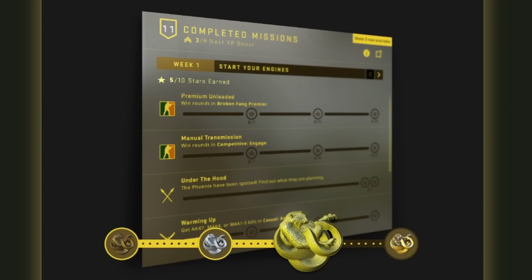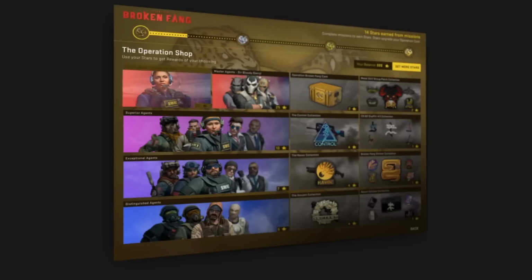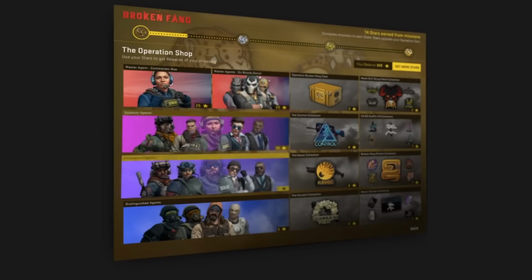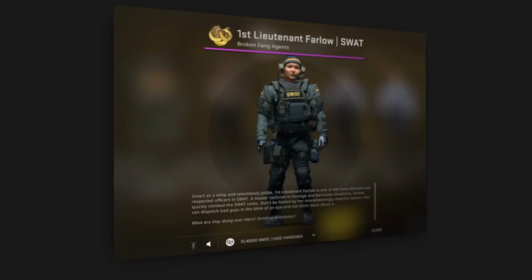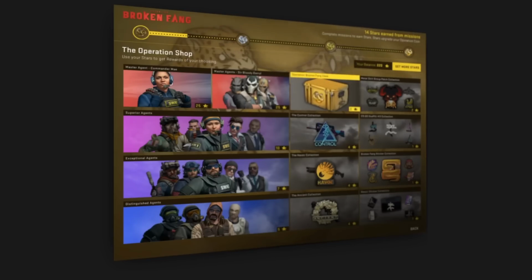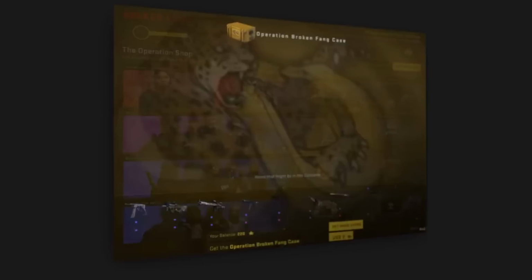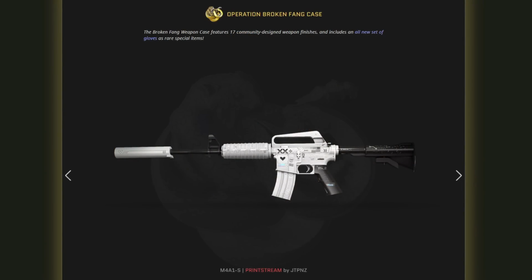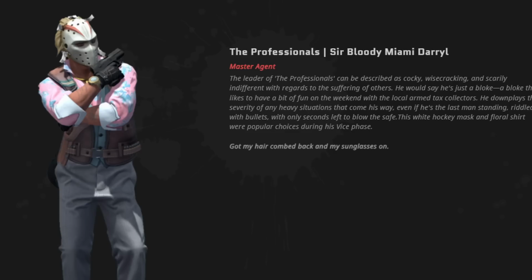For Operation Broken Fang, Valve kept a similar weekly mission structure, but decided to completely change how you get rewards. In Broken Fang, for the first time ever, you could choose your rewards and spend your stars however you like. There were no more random drops or battle pass system. All the cosmetics were brand new and Broken Fang themed. From the Operation Broken Fang case with the Print Stream, the new Ancient, Control, and Havoc collections, agents returned with new designs,